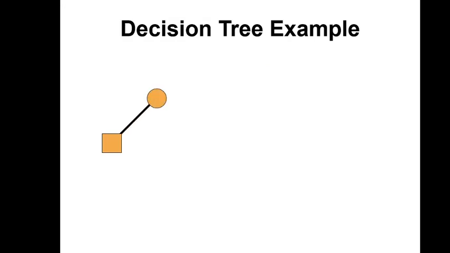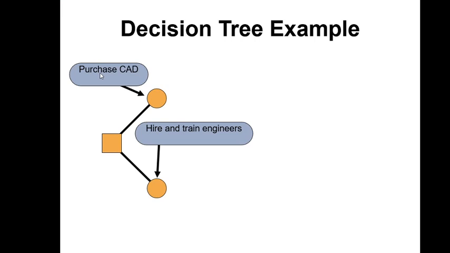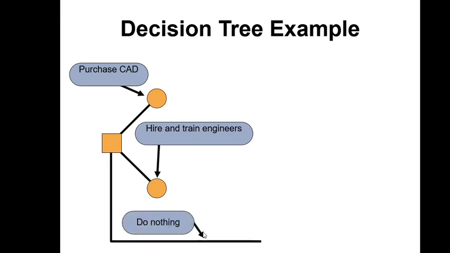It's a very easy solution if you concentrate with me. It's minus and plus only. Okay, this is our first option, to purchase the CAD, which is the buy, hire and train engineers, which is the make, and of course the third option of doing nothing, and as I told you, the answer here will be 0. Let's calculate the expected monetary value for the first option, which is if we decide to purchase a